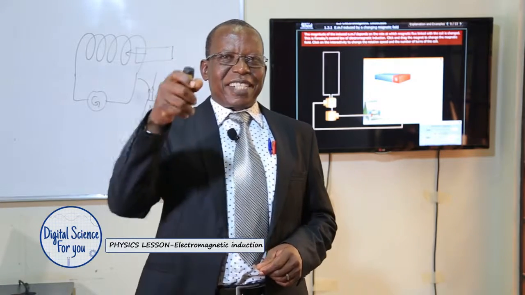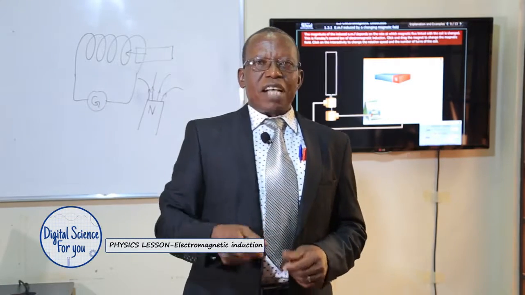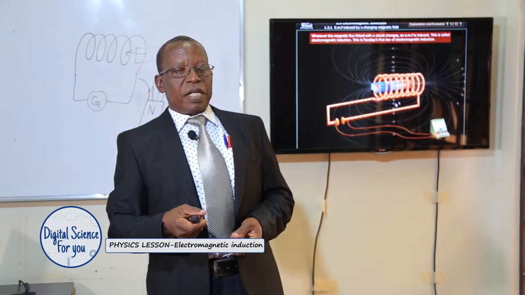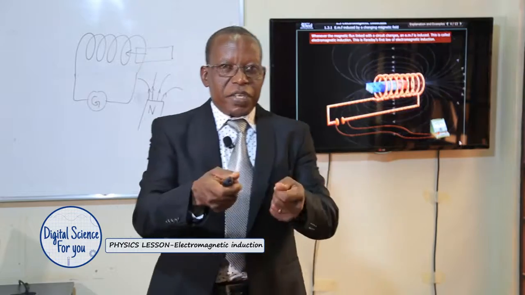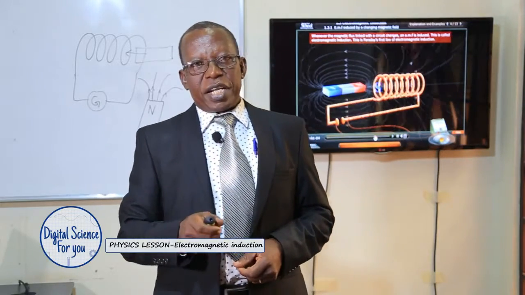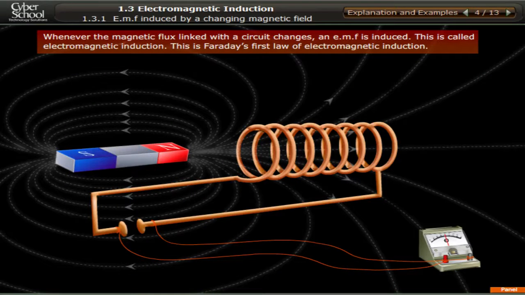Whereas when it was stationary in the coil, it was not generating any EMF. So it only generates as it is moving in and moving out, but not when it is stationary in the coil. Then the second law, you saw that when we went to the interactivity,